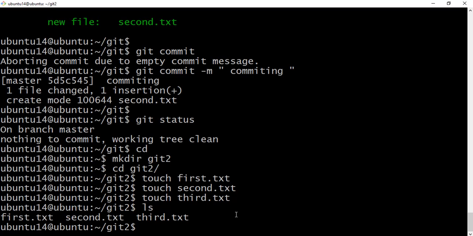So in real time we have lots of files, and sometimes we need to make changes in multiple files, right? This is the real-time example I am showing here. I need to add something to these three files, and I need to commit, add, and push changes for these three at a time.